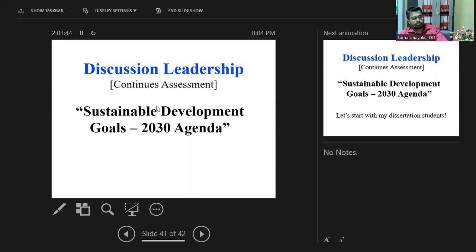What you 2 need to do is search for and find information about this, and prepare your own. You 2, this is not group work, keep it in your mind. Both of you need to first have an initial discussion through a mobile phone or whatever, to differentiate, so you are not going to discuss the same thing. Then both of you can differentiate: this is what I am going to say about sustainable development goals, and this is what I am going to say in the classroom. And then you have to do your own investigation. Both cannot present the same thing.